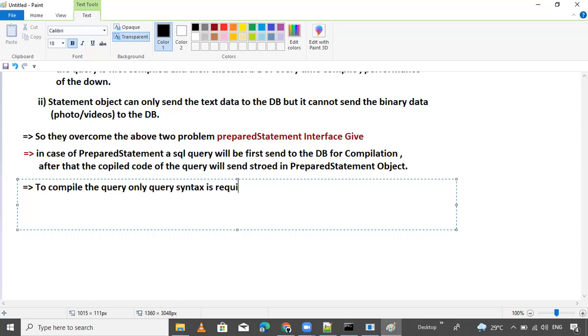That's it. But not the values. Values are not required to be passed. Just pass the syntax of this query.